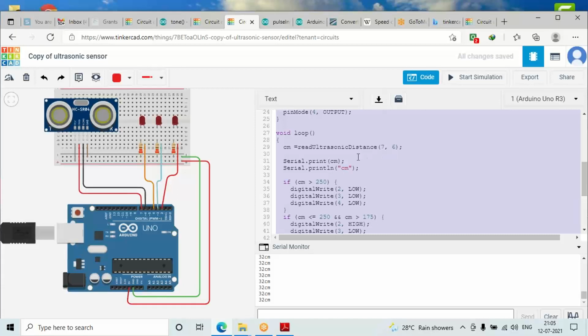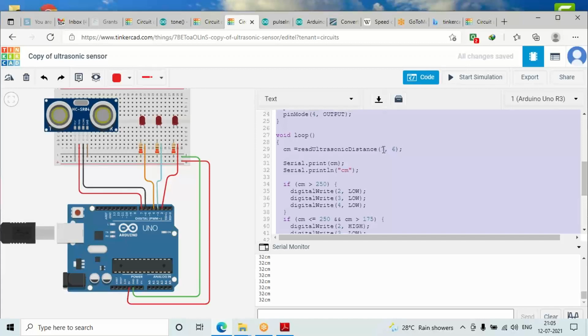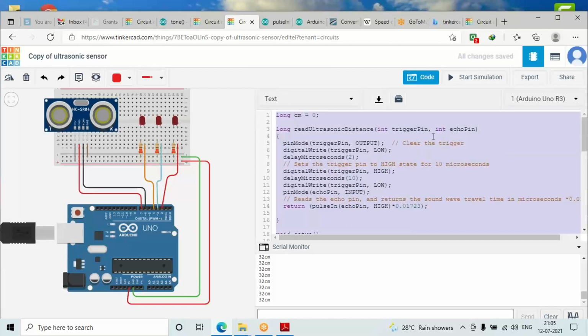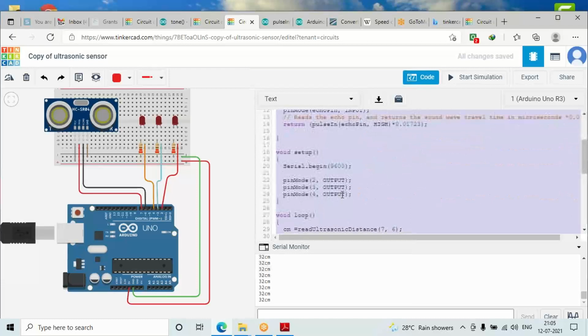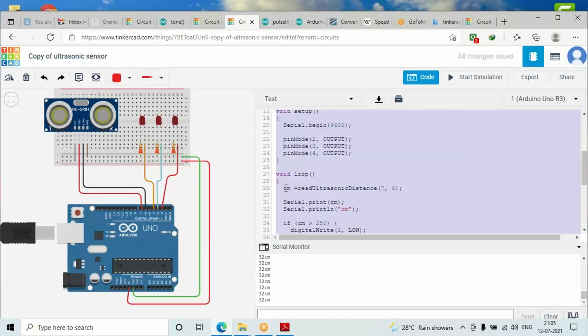Whichever pin you are interested in, you can set it and change the value here. Whatever pin you are setting, this code which you are seeing here will help us calculate the time, and based on that we'll get the distance, because speed we already know. Once we get time, distance equal to speed into time will give us the value.